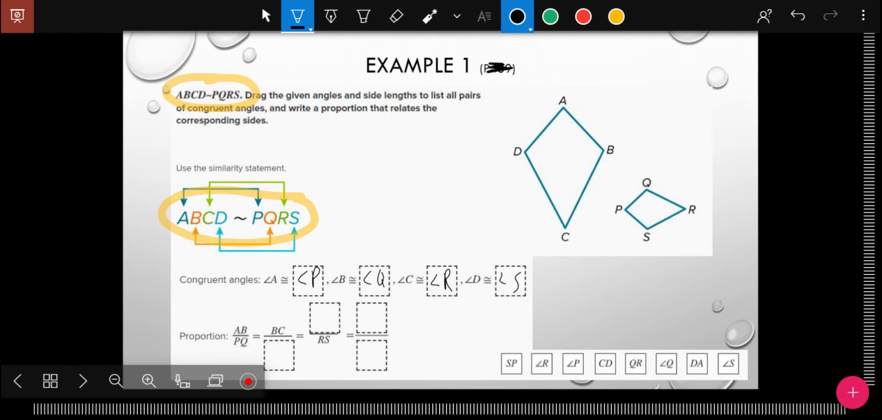sides you have to write as ratios. And so the first two letters, AB, AB goes with PQ. And then BC goes with QR. RS, RS are the last two letters, and CD would go together. And then AD or DA, AD goes with PS, or you could say SP. So you're just going to identify the three congruent sides, and in this case, the four congruent angles and the